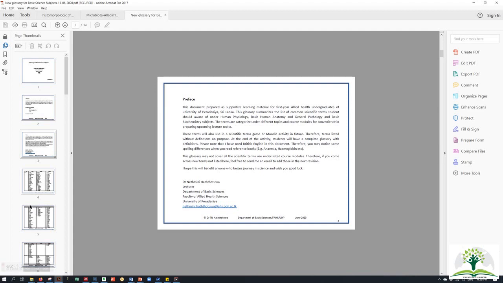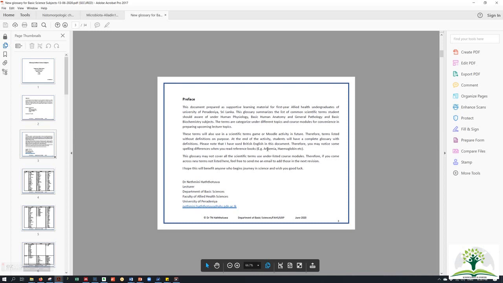this glossary. The one thing I have to tell you is I have used only British English in this document. If you don't know the difference between British English and American English, you can go to Google and see.